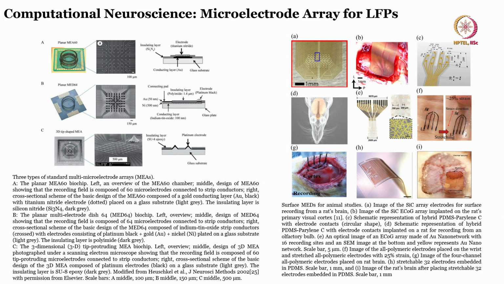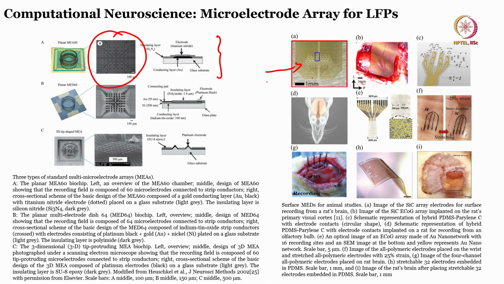So when you talk about the different kind of electrodes that are used in computational neuroscience, this is one of the examples where the electrode is formed on the glass substrate, and there is a gold conductive layer on which there is an insulating layer of silicon nitride, on which there is an electrode which is titanium nitride. And you can see here, these are the electrodes, and you can cover these electrodes and put it within the well to study. Same thing goes for the platinum based electrodes, same thing goes for the different devices that you can see here.